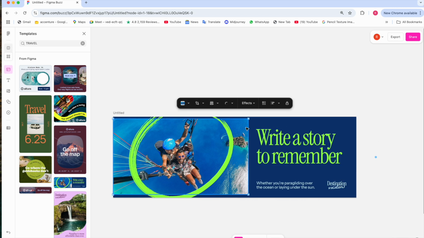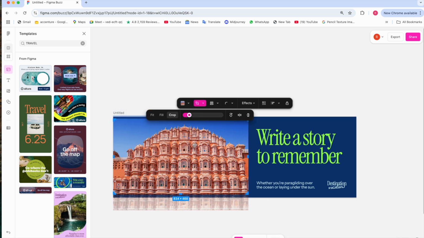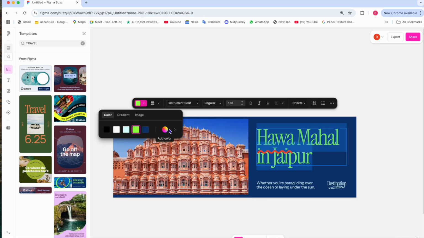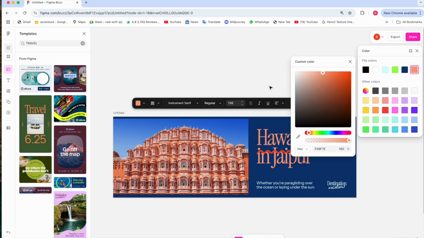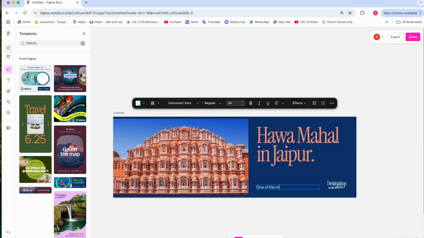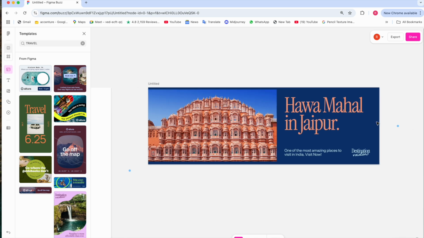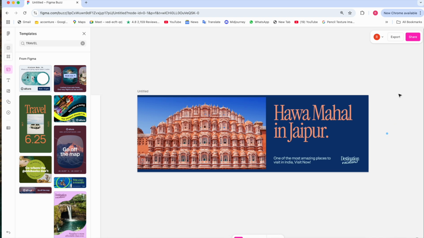For example, if I want to create a Hawa Mahal advertisement web banner, let's create it. So I have added the Hawa Mahal image and the text, even the subtitle.